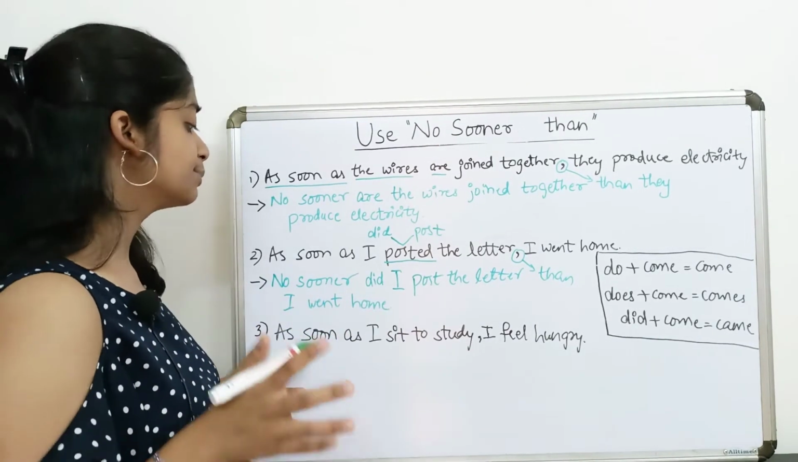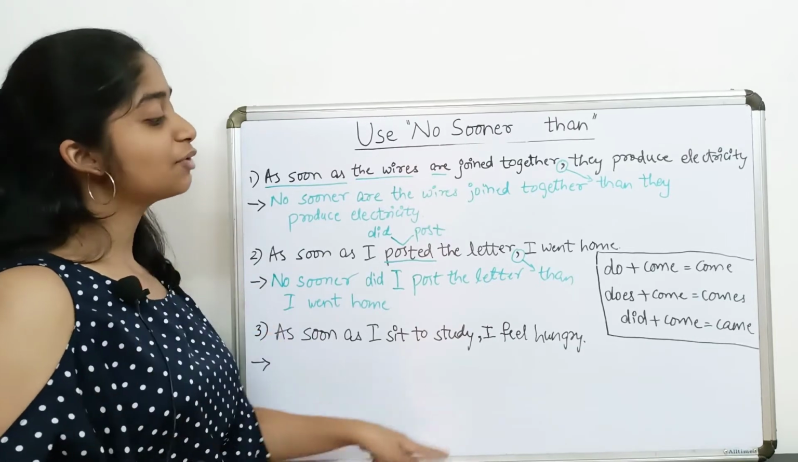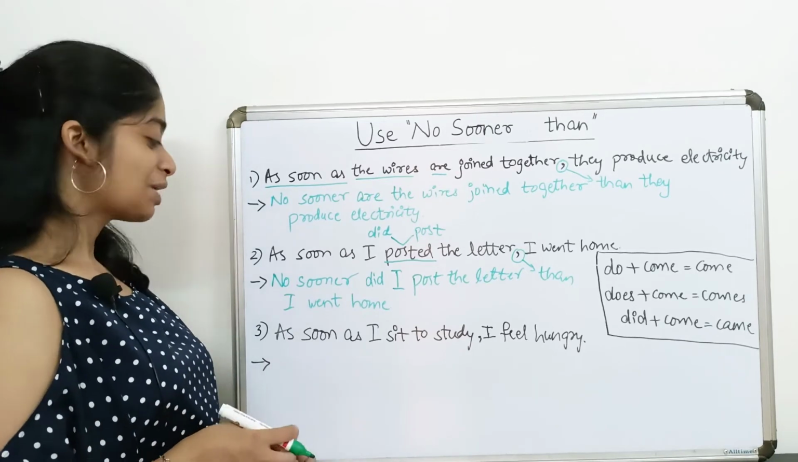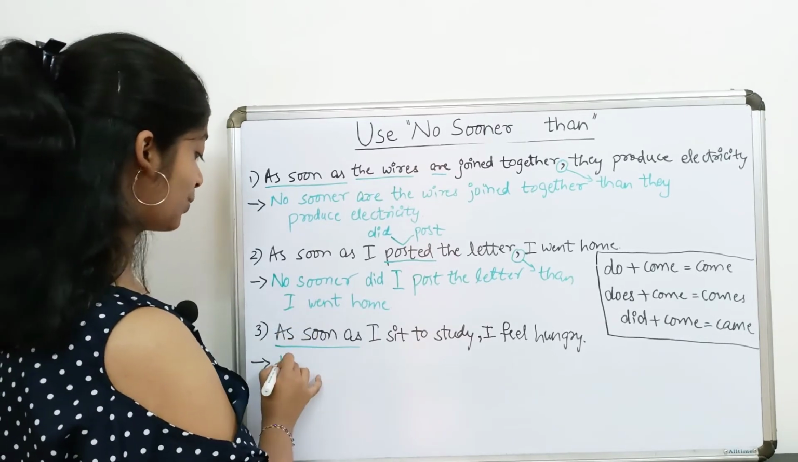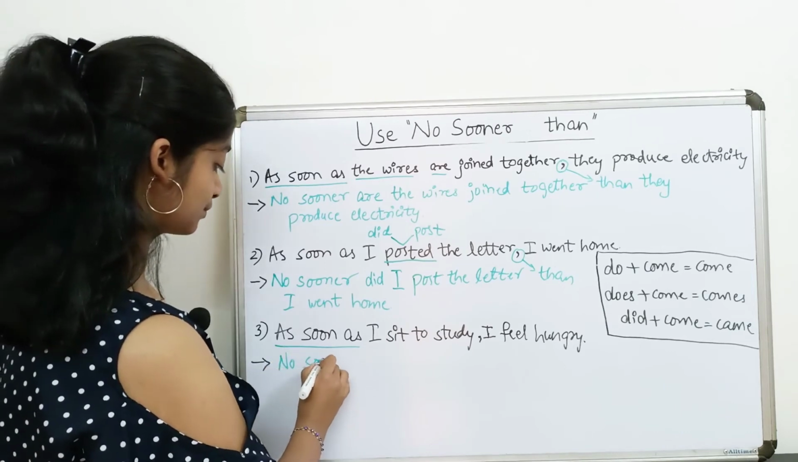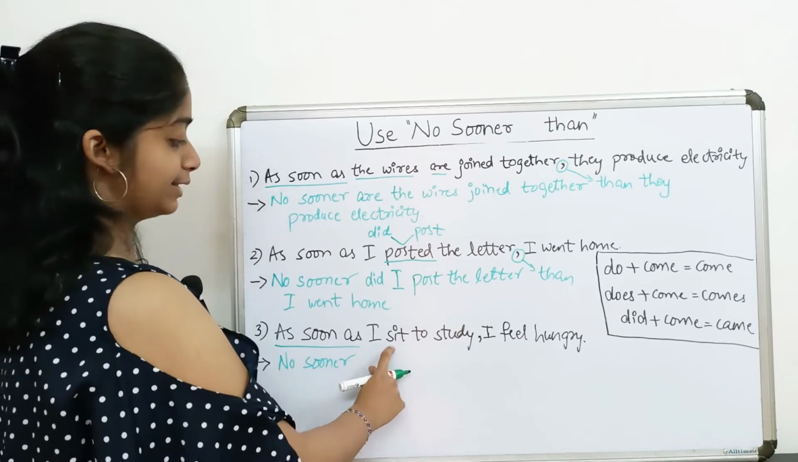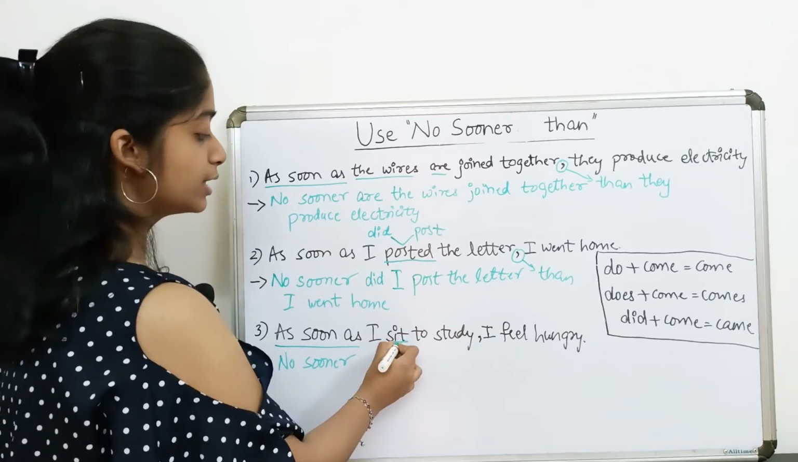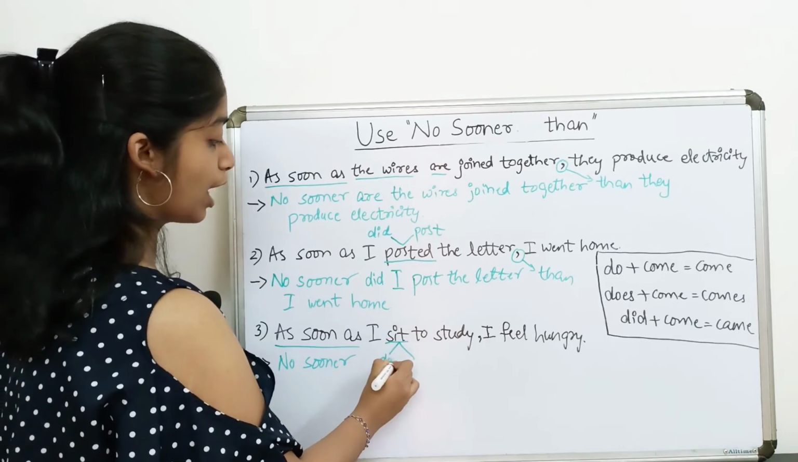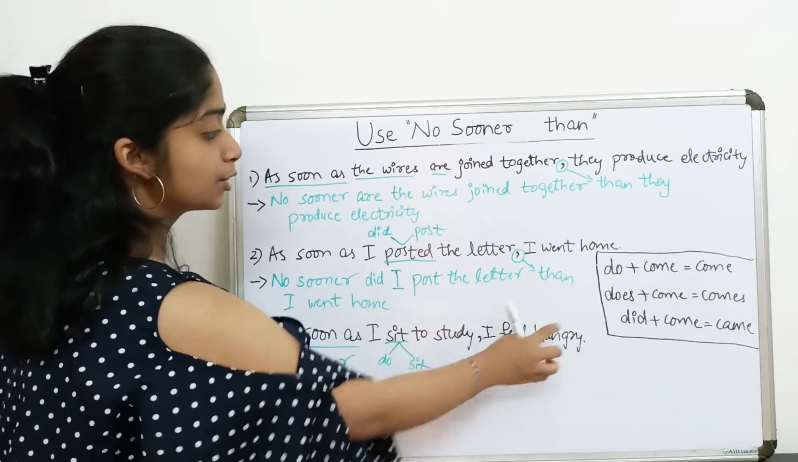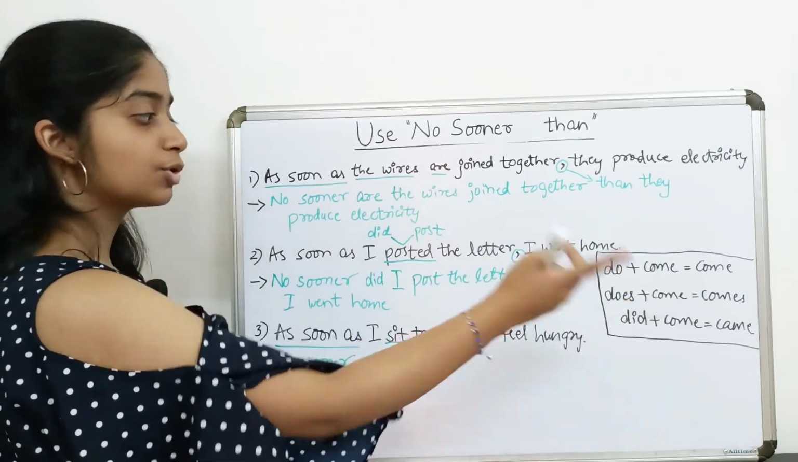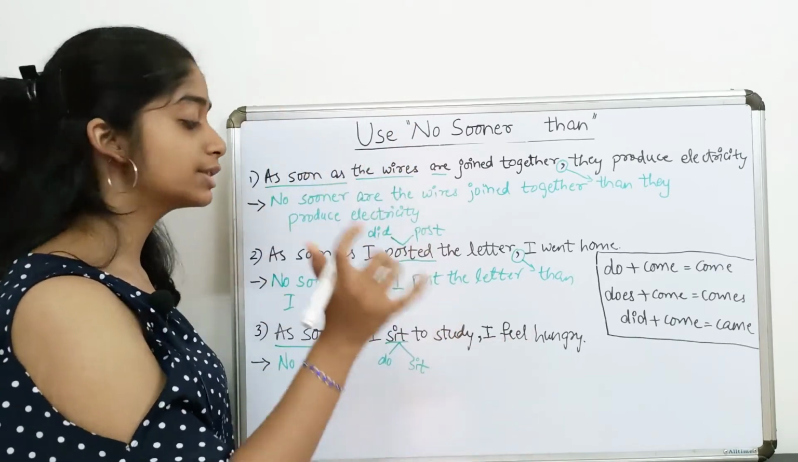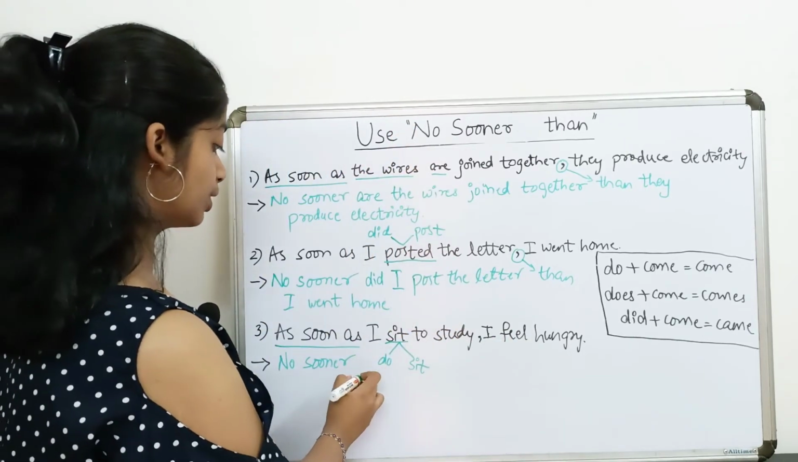The third one is, as soon as I sit to study, I feel hungry. Oh, this happens to all of us, right? So, "as soon as" will be replaced by "no sooner". Sit. Here, after no sooner, directly the verb. So, sit is the verb. Sit will be divided into do and sit. Do plus come equals come. Do plus go equals go. And do plus sit equals sit, the same word. So, no sooner